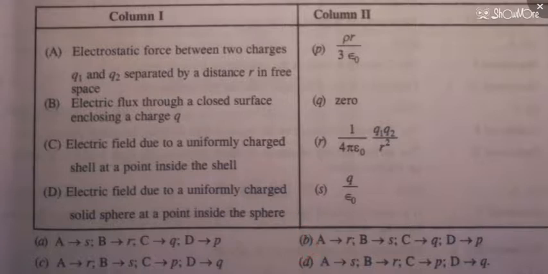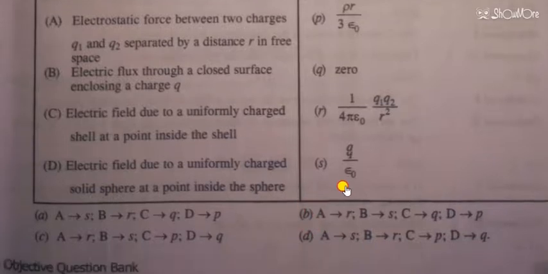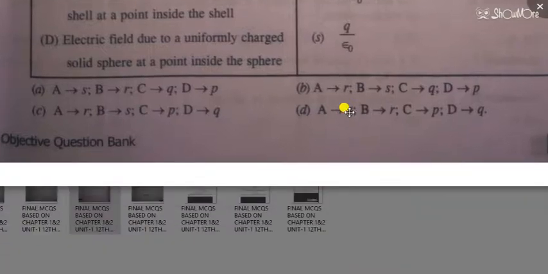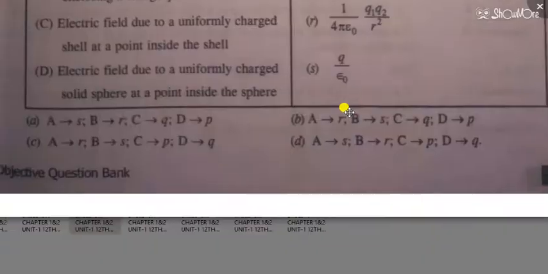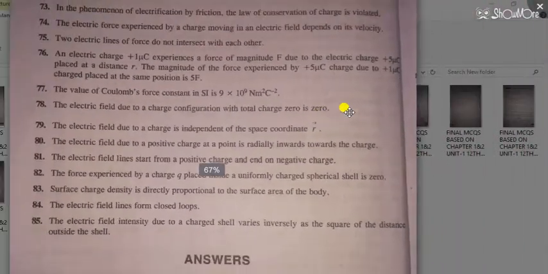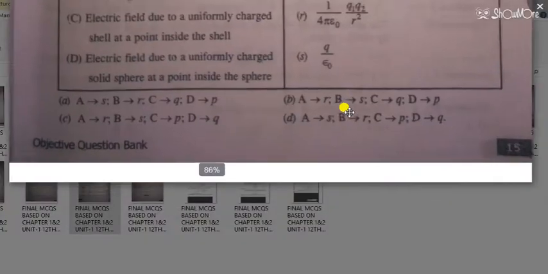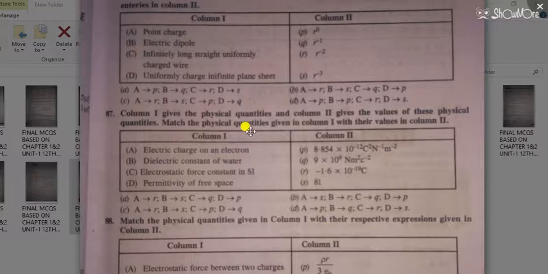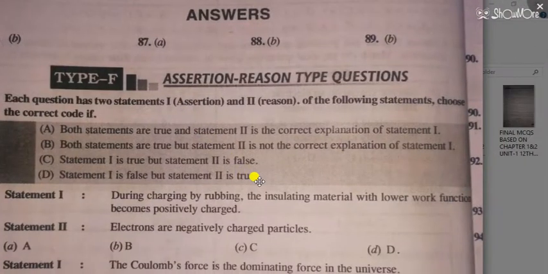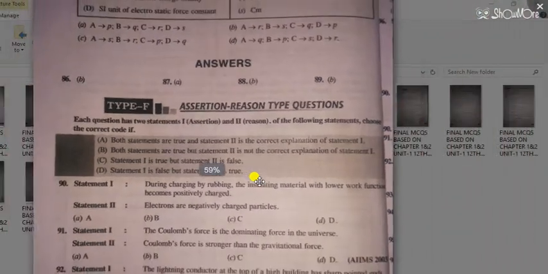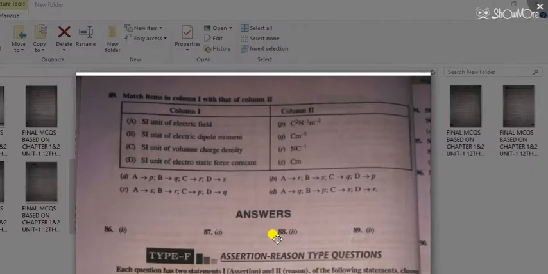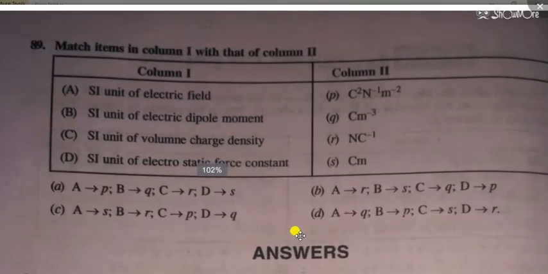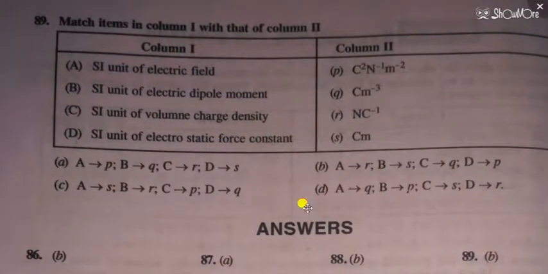So these type of questions also can appear in CPSC exams. This question can be in 4 marks. So these are the few questions that I have to discuss with you today. We will continue this process, and these are the matching type questions. One more question is there. With this question I will end the video, and we will join tomorrow with more new questions.